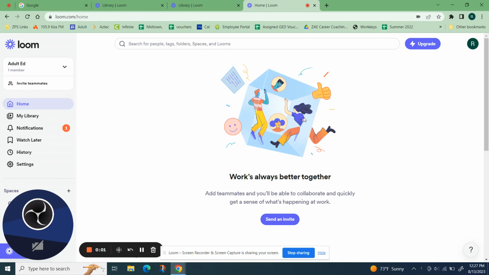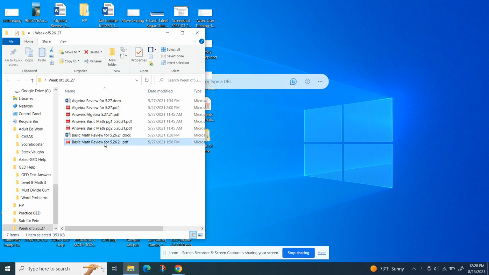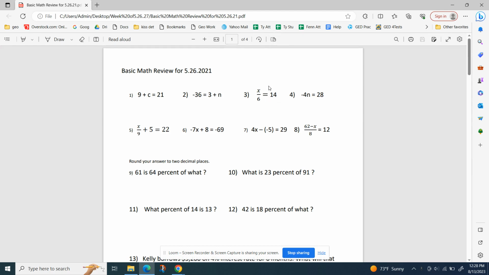Hello, today I'm going to show you how to take any PDF and change it into an editable text. So let's find something that's a PDF here. Let's take a look at this. Let's say we were to take this PDF. And as you can see, when it comes up, if I click on it and try to change things, I